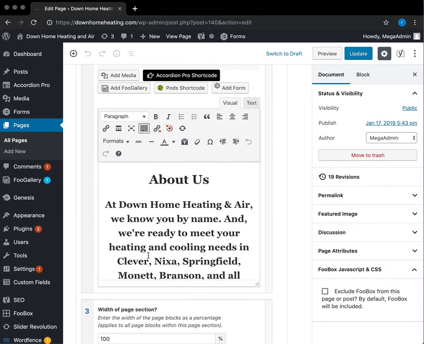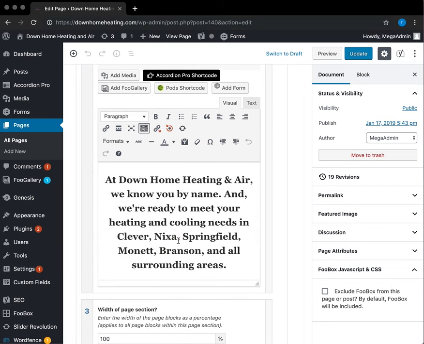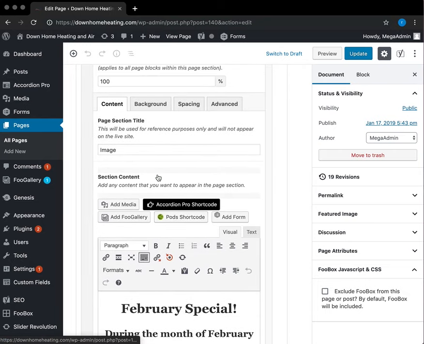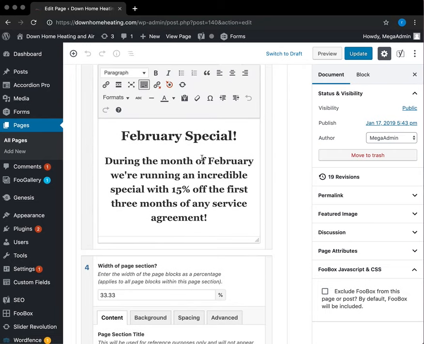And then about us, so if you want to make any of these changes, this works a lot like Microsoft Word or Google Docs, whatever word processing you're used to. You can bold, italicize, make bullet lists, however you want that to look, change the text color, etc. Here is a specials slide, and this is from February, so when you want to update this, just quickly